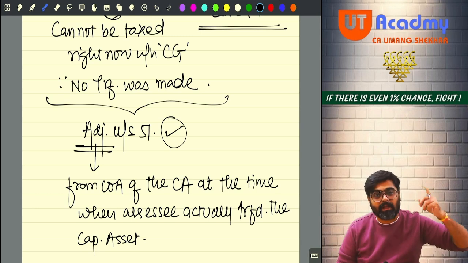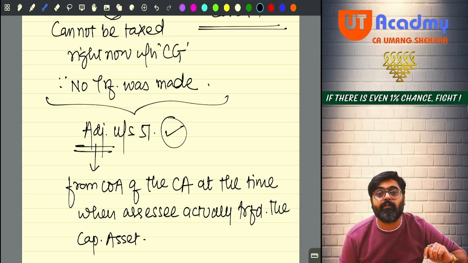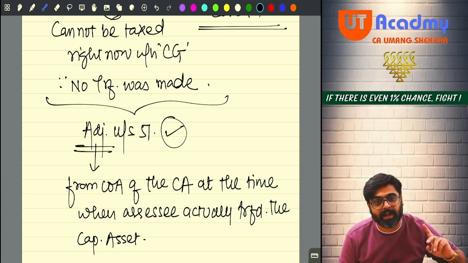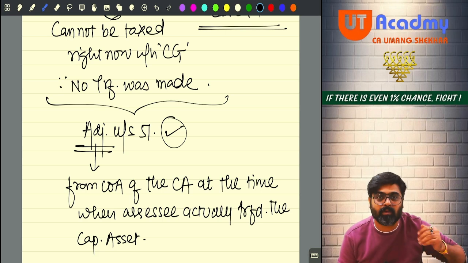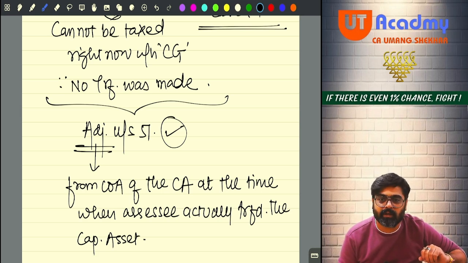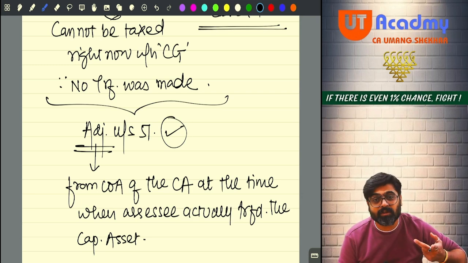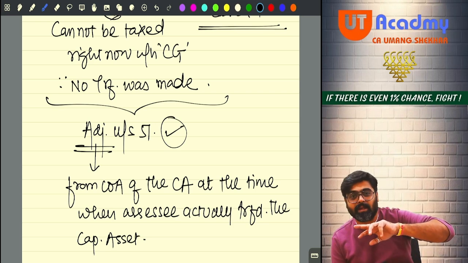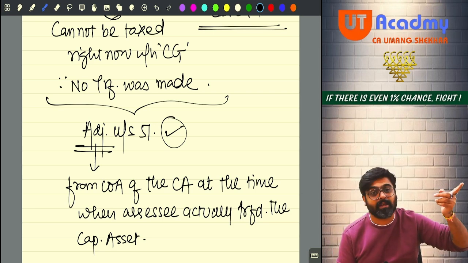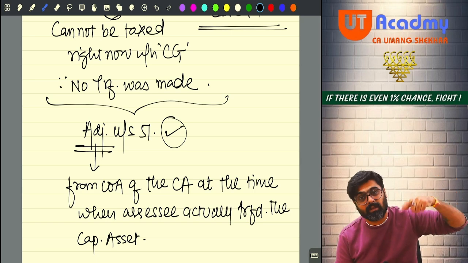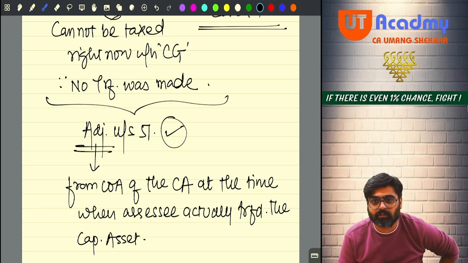So whenever you will actually transfer the property, at that time you will calculate the capital gains, no? To calculate that capital gain, your cost will be reduced by this amount which you have received and forfeited. So that time your capital gain will be higher by this amount. Hence, the amount which we cannot tax under the head capital gains right now will be actually taxed under the head capital gains only at the time when the capital asset is actually transferred.